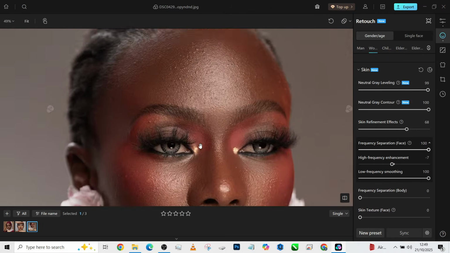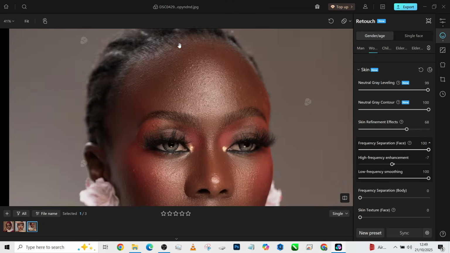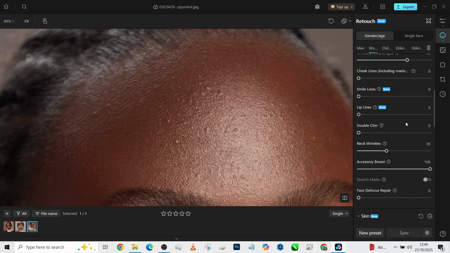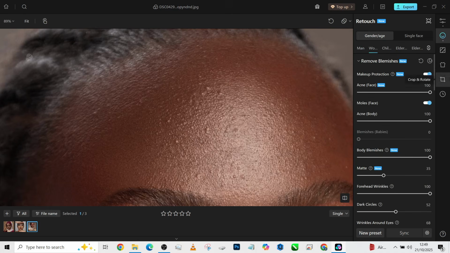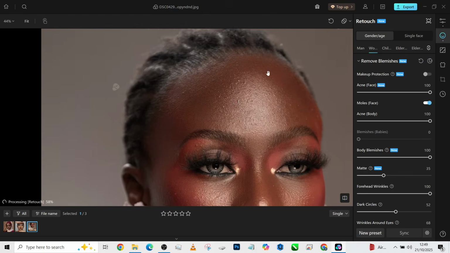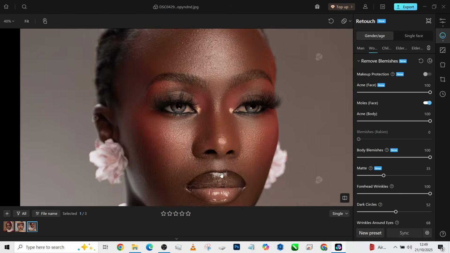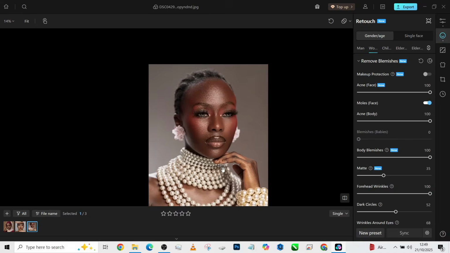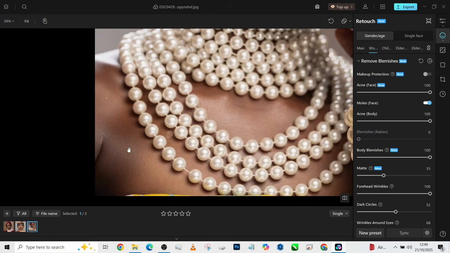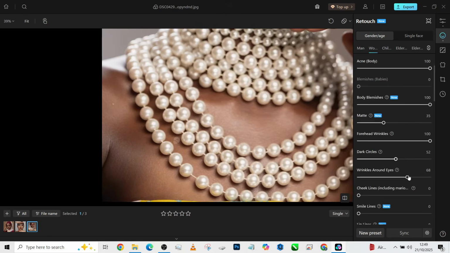Beautiful. And I think our protect makeup is also helping protect some blemishes. So I'll just go all the way up and turn it off. Let's see. Makeup protection. Beautiful. Okay, so now you will notice that the skin on the body is not retouched except that of